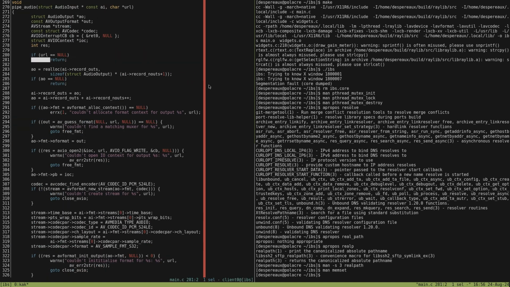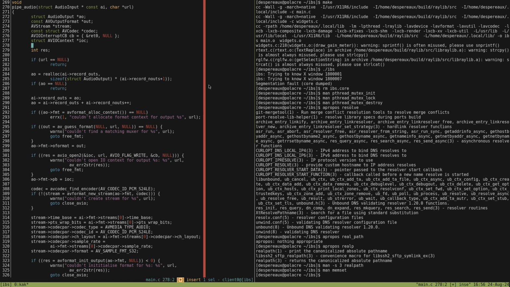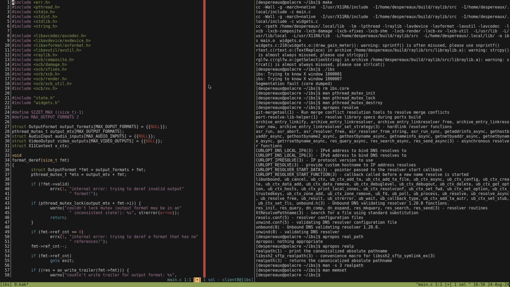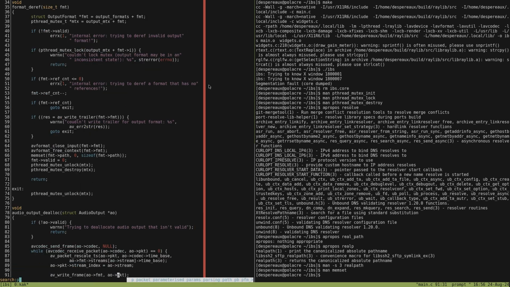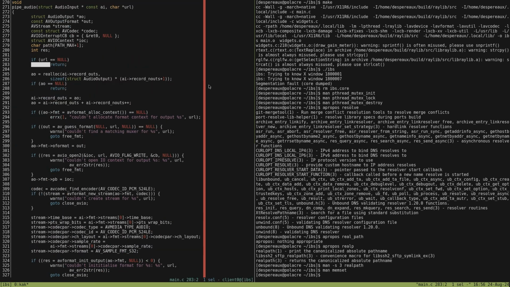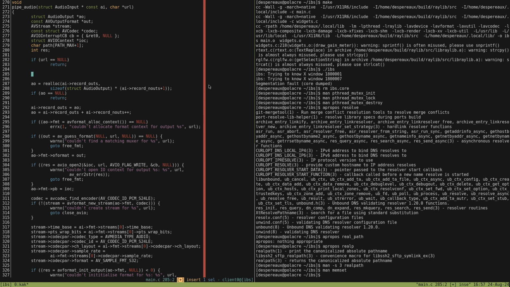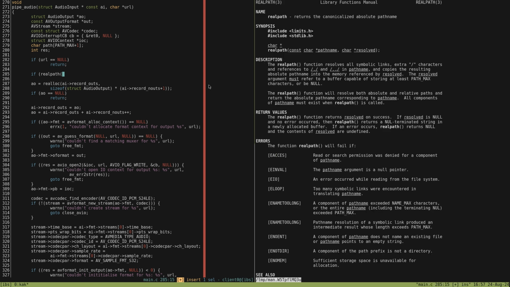Okay, so what we'll need to do is pull in limits. I mean, we don't need to because it's in the parent, but we'll do it anyway. Okay. So then what we want to do is go URL.